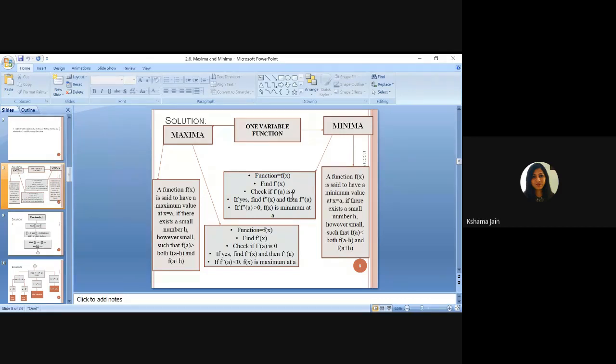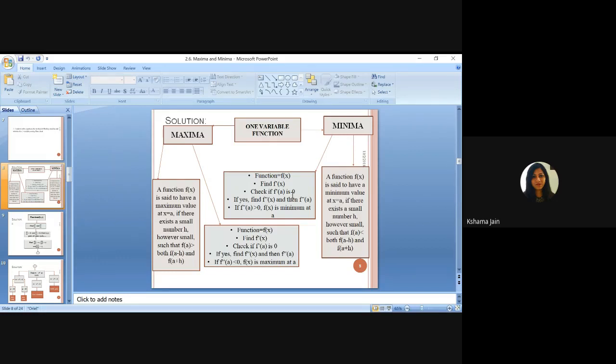So first your work is to find the first derivatives, then find the second derivatives. The second derivatives will be the double derivative with respect to x, the double derivative with respect to y, and another will be the x derivative with respect to y or y derivative with respect to x, meaning del square z by del x del y. This is always equal to del square z by del y del x. So our work is to find these five values first of all. Whenever you see a question on maxima and minima, without thinking anything, you will find these first derivatives and second derivatives.